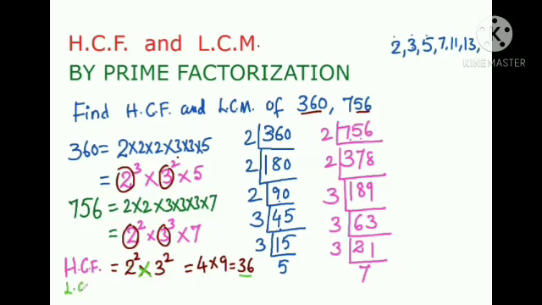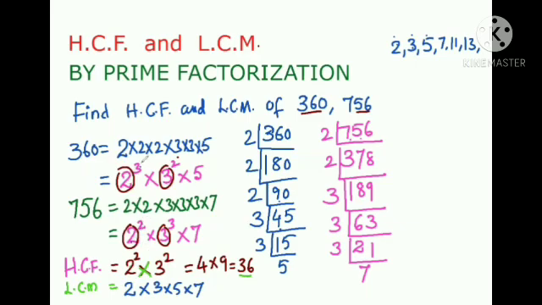Now LCM, how to find LCM? Here LCM is the product of the greatest power of each prime factor. We should not take only common factors, we should take all factors. What are the prime numbers which appear here? 2 is a prime number, 3 is also a prime number, 5 is a prime number in the prime factorization, 7 also. You have to select all prime numbers which are written here, and you have to select the greatest power of each number. 2 power 3, 2 power 2 is there.